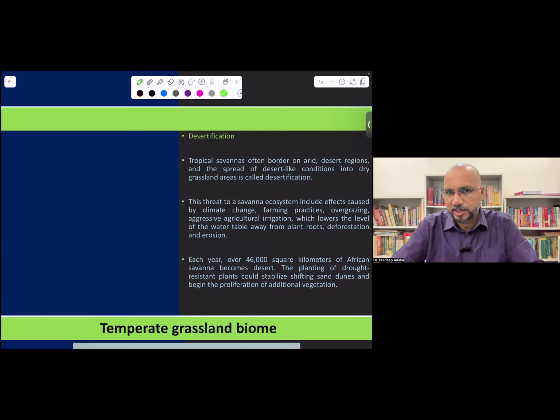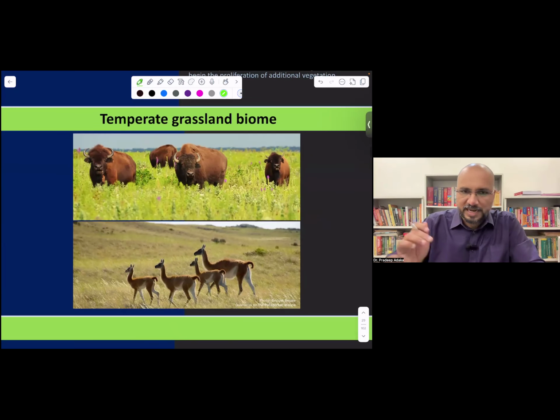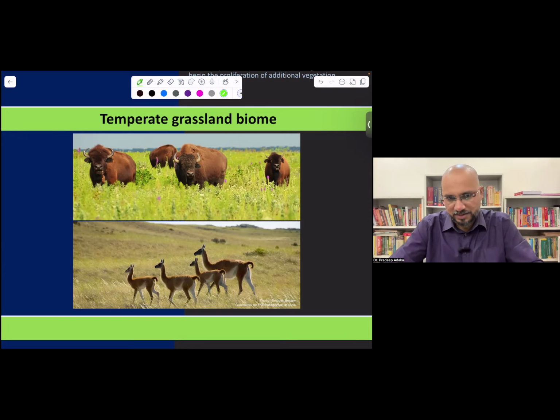So that was your savanna biome or tropical grassland biome. Fine. You now have an idea what kind of animals live there, what the problems are, and what the adaptations of these animals are. We are looking at different ecosystems throughout the world, ecosystems on a larger scale, that is, biomes simply. We have not studied individual ecosystems. We are going through the biomes instead of individual ecosystems.